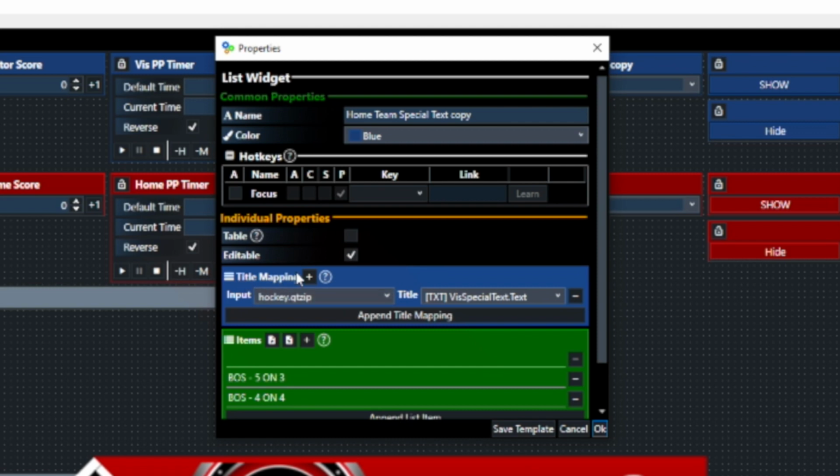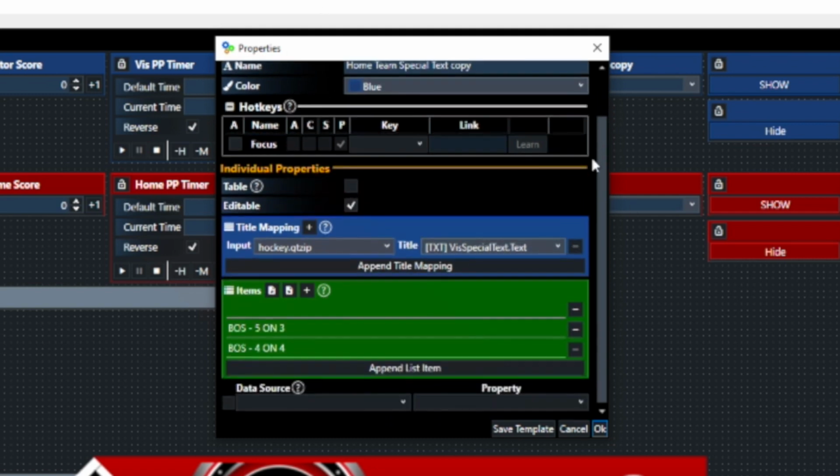You can see that we have the title mapped to the hockey graphic, and then we have it mapped to the visiting special text portion. You notice that it is a list widget. So we come over here